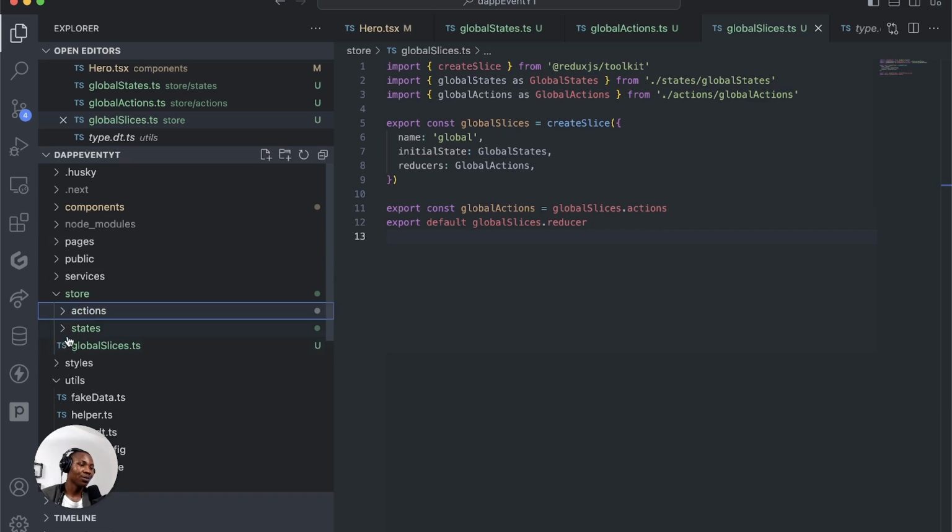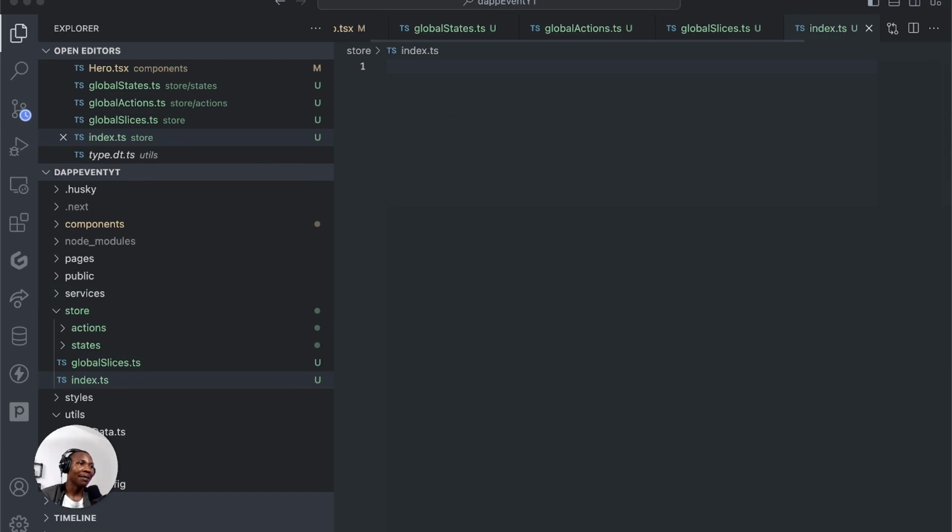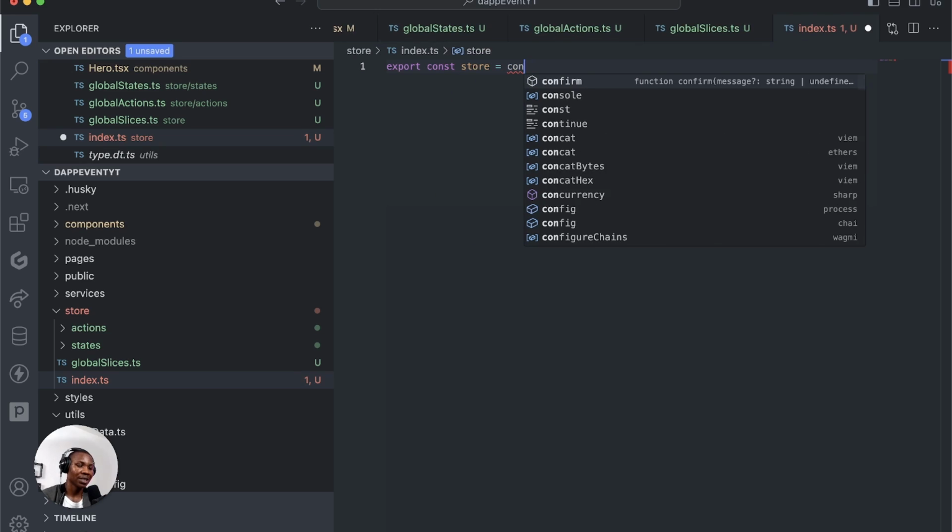So let's create a store. To create a store, do index.ts. So this is the main file that we'll be exporting. This is basically the main file that we're exporting. You understand? So you can then list as many slices that you want inside the store. That is how the store Redux is aware of all the slices that you have. All right. So you do that by saying export a const store called store, a constant called store, and you say configure